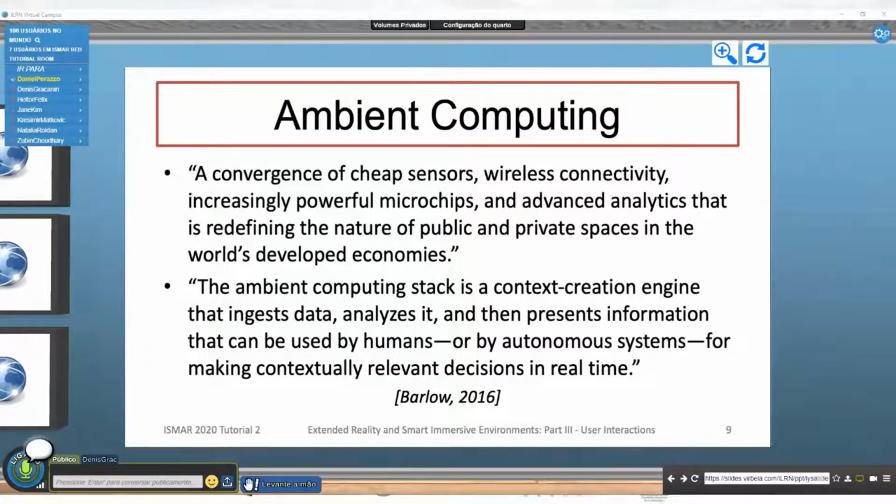So if you look at some of the definitions that are there, we can look at ambient computing as a convergence of chip sensors, wireless connectivity, increasingly powerful microchips, and advanced analytics. And with that, we can then really redefine the nature of public and private spaces because of the capabilities of services that emerge out of that. So from that perspective, ambient computing provides an ambient computing stack, and that can serve as a context creation engine that consumes data